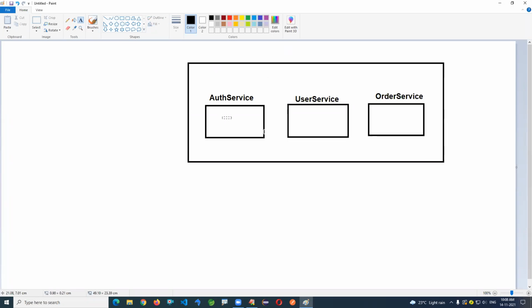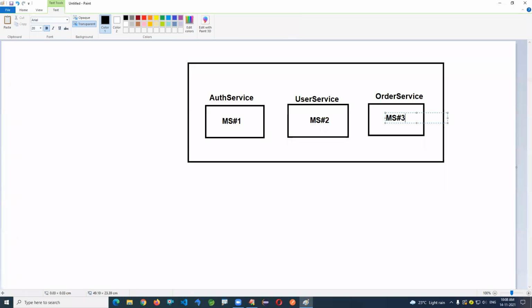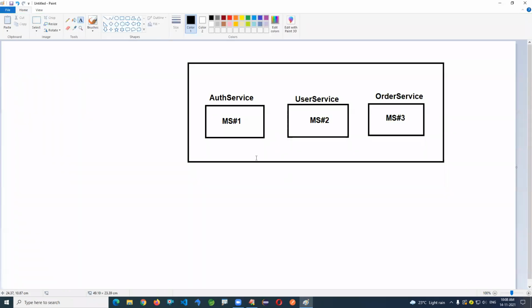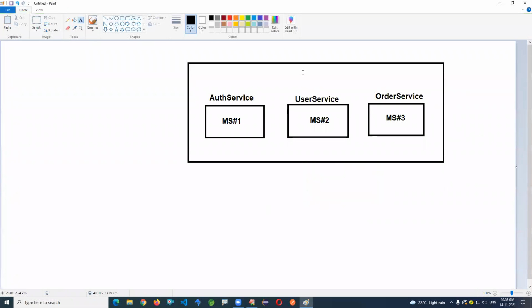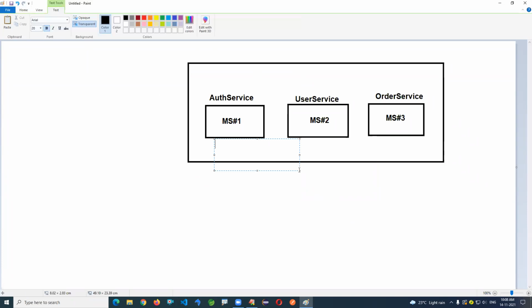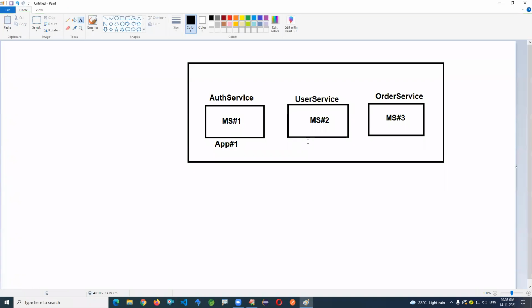So here this is microservice 1, microservice 2, microservice 3. They are individual applications. Generally, in the case of monolithic, they're actually modules. This is completely one application. In monolithic, these are three modules. But coming to microservice design, they're individual applications. This is application 1 running on server 1. This is application 2 and this is application 3. Three applications are running at different locations with different instances, and they are connected internally.